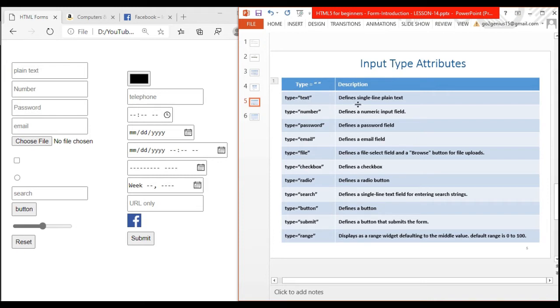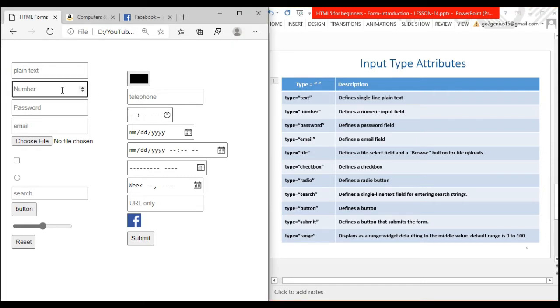So type text defines single line plain text. When you want to collect the data in a single line, like username, first name, last name, and address, for these kinds of values you can use input type text, and the number you can use when you want to take input as a number from the user.